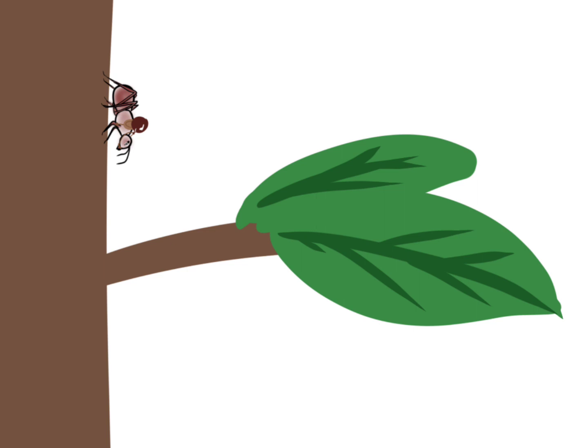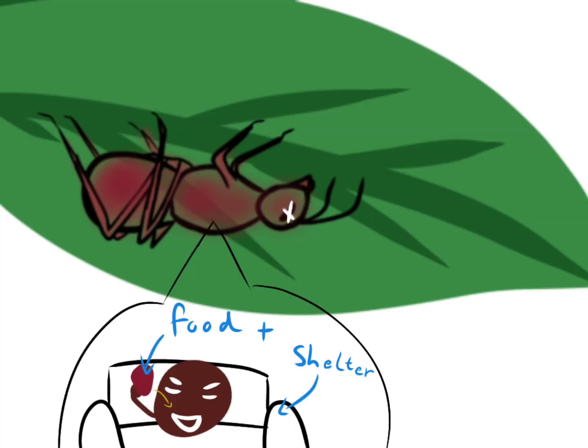Ophiocordyceps maneuver the ants towards a piece of vegetation and make it so that the ant's mandibles clamp down on it. From there, the ant dies. Obviously, to live, the fungus must eat, and so it does, feasting on the internal organs of the ant. Its temporary shelter is the hard exoskeleton of the insect.